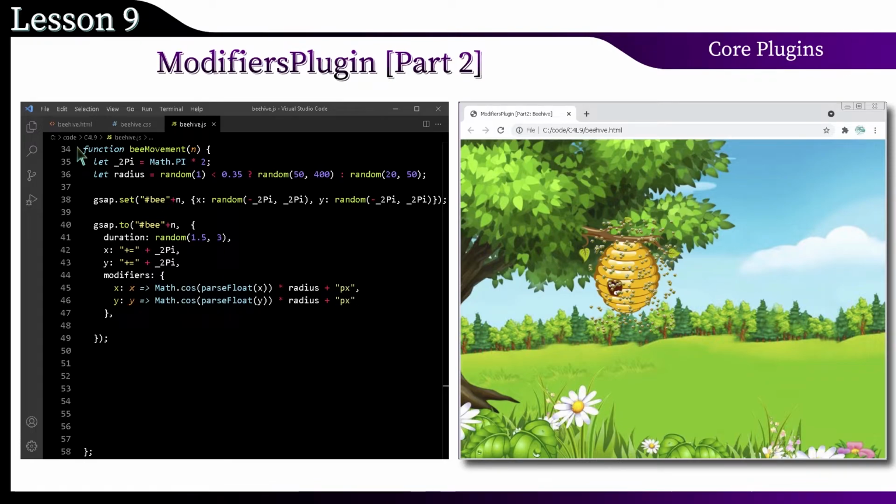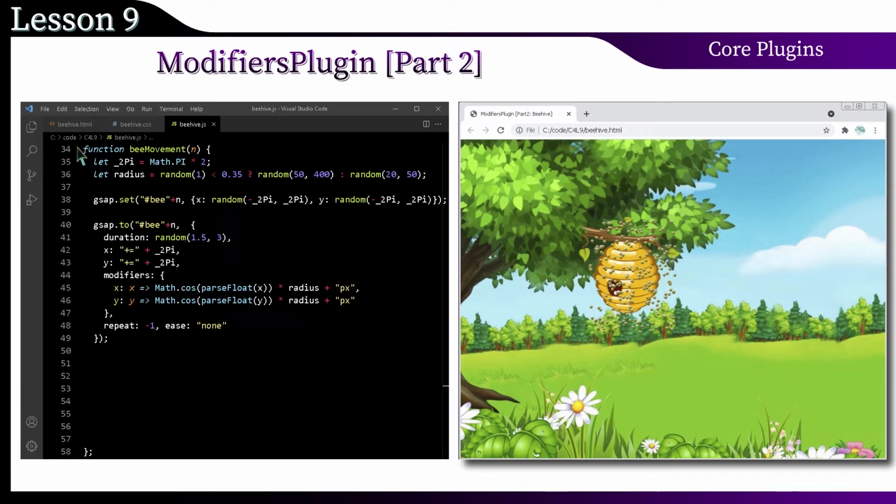ParseFloat will discard the units. The cosine will calculate the required offset. Multiplying by the radius will enlarge the path and make it visible. Adding pixels will make the desired format with the unit of measurement. We get an elliptical trajectory of movement. As a result, each bee has its own ellipse, differing in location and radius.